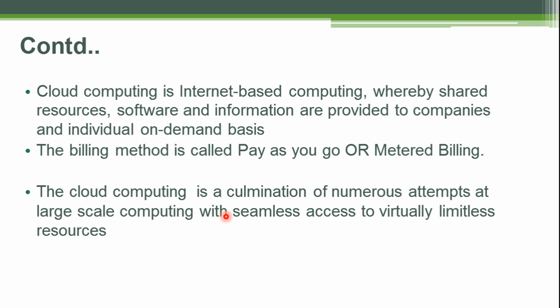We'll check it periodically. Okay, so again, it's the same thing. Cloud computing is internet-based computing where shared resources like software, information, and platform are provided to companies on an on-demand basis. So there are terms to remember: one is on-demand basis, one is pay-as-you-go, and the third term is metered billing. These three terms will be used a lot when we talk about cloud computing. We'll be using them very often in this class, and when you talk to somebody else who works on the cloud, they will be using these terms a lot.